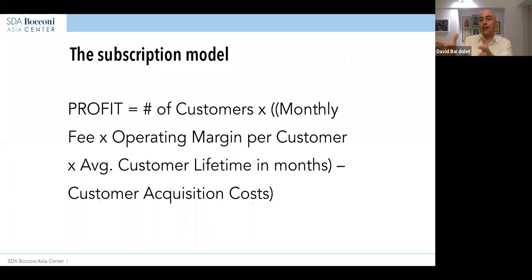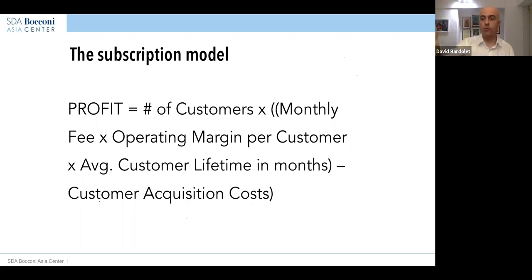Maybe what I gain in customer lifetime, I'm losing in monthly fee, because it's here in the formula as well. Exactly, I'm thinning the margin. So they stay longer, but they are giving me less money every month. I have to run the numbers, but maybe I'm not gaining anything.